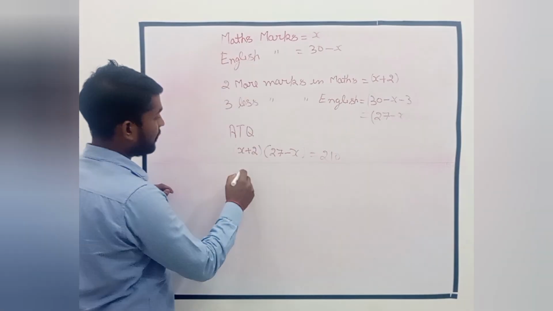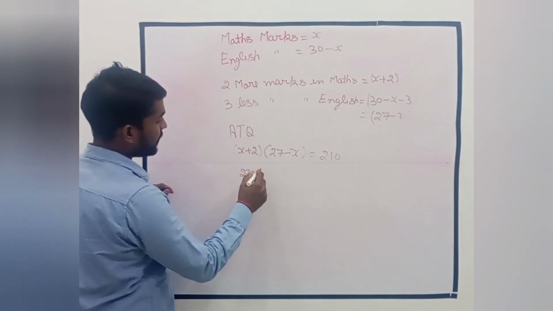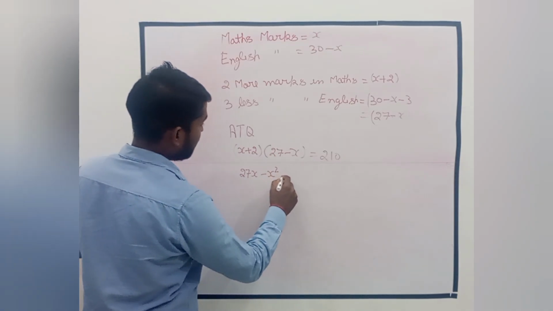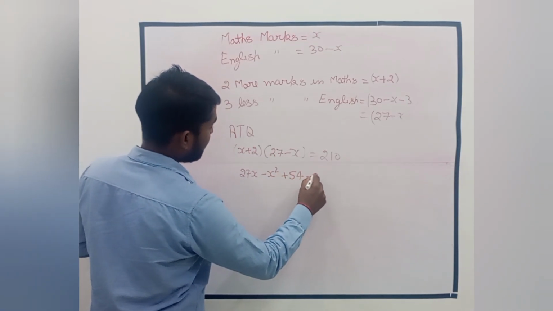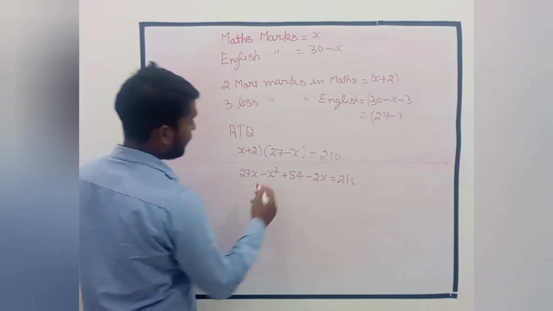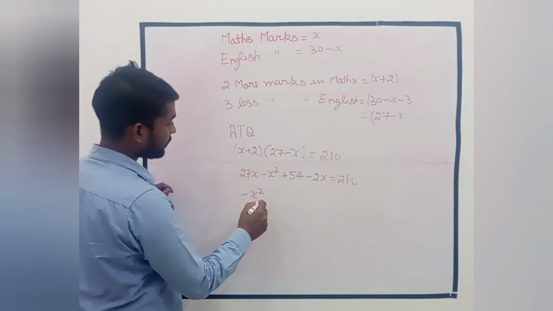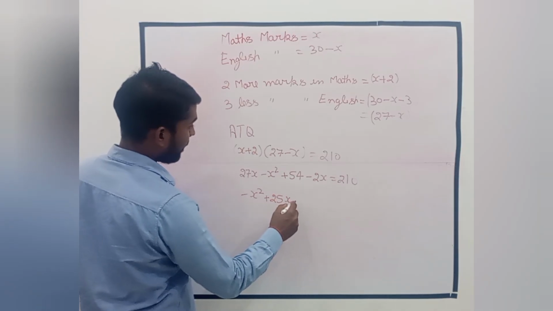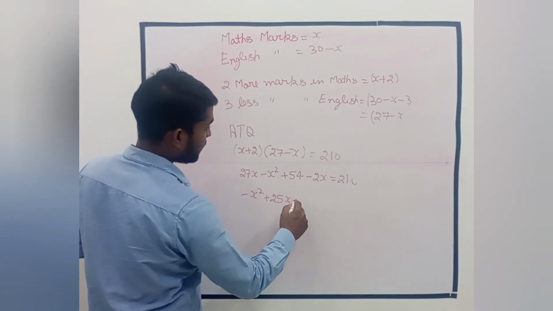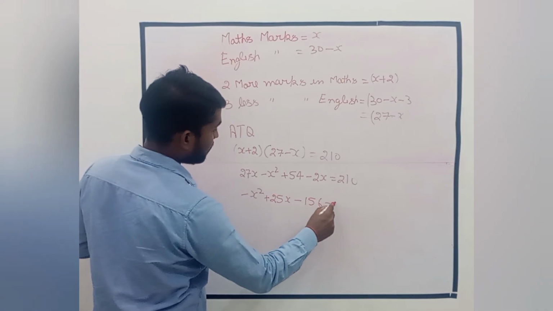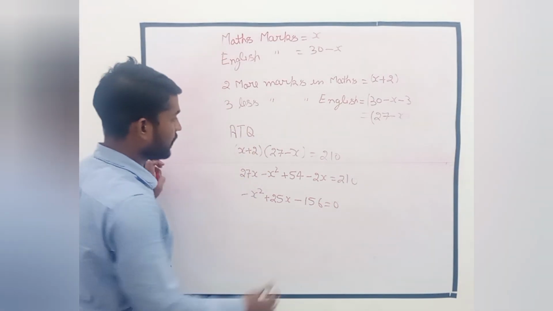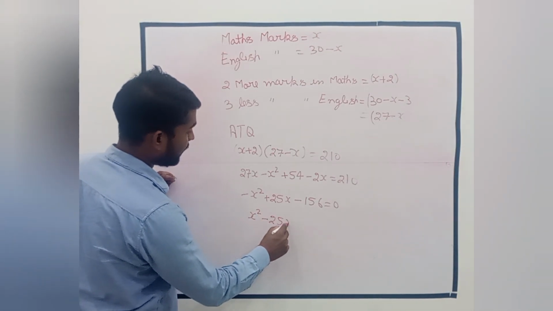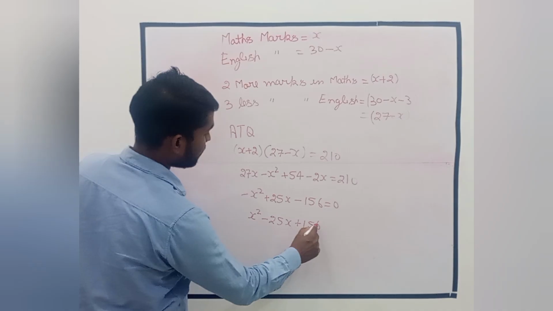We multiply both of the pairs: 27x minus x square, this is 54 minus 2x, this will become, and we form the quadratic equation minus x square plus 25x plus 54 equals 210, and shifted this minus 156, this shifted to this part, and we multiply this by minus 1, it is minus 25x and plus 156, and the